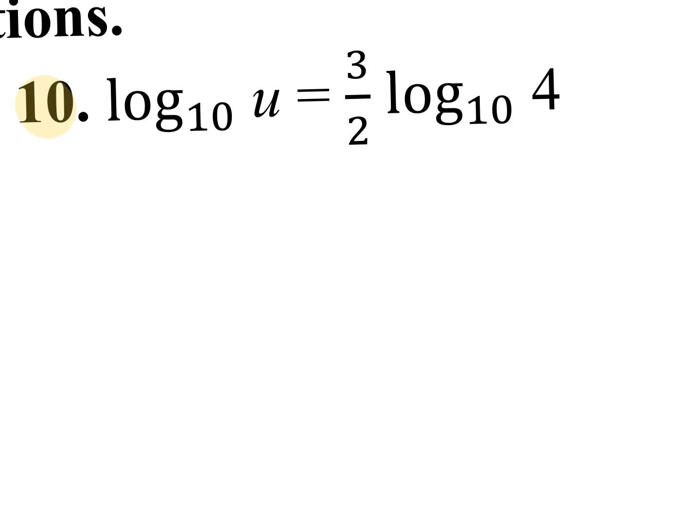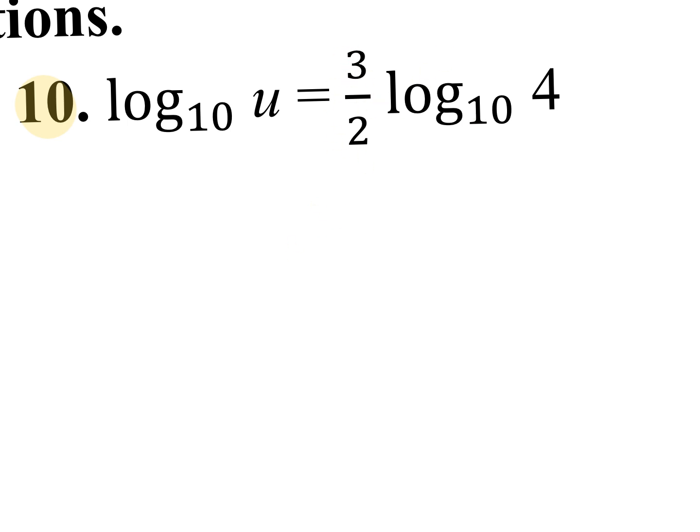So hopefully you guys can see the properties that you're going to apply. One thing you might be thinking is, hey, that log base 10 and that log base 10, I want to get rid of it. I'm going to raise both sides of the equation to become powers of base 10 to eliminate it. But the problem is you have a fraction that you're multiplying in front of this logarithm. So if you did put a base 10 right here, it won't cancel because of this number that you're multiplying